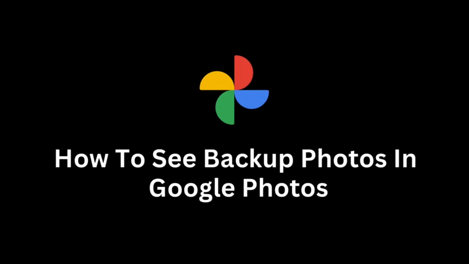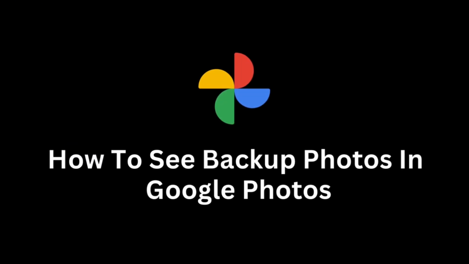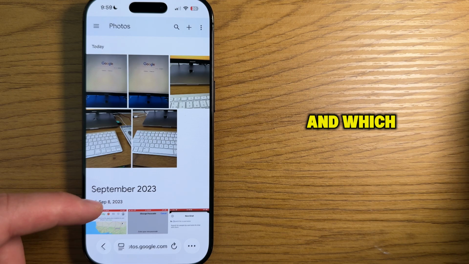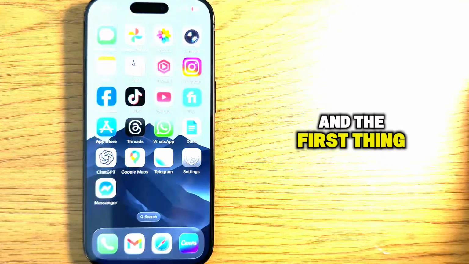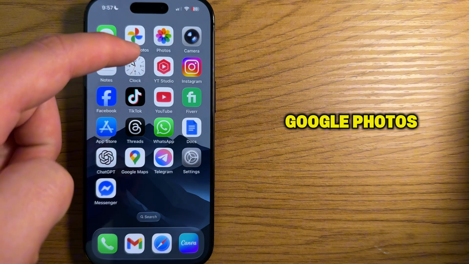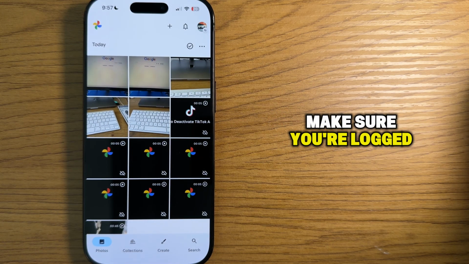Have you ever wondered which photos on your phone are actually backed up to your Google Photos account and which aren't? This video is going to show you how to see your backed up photos, and the first thing which we're going to do is to open our Google Photos app and then make sure you're logged into the correct